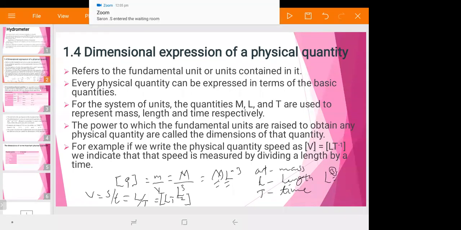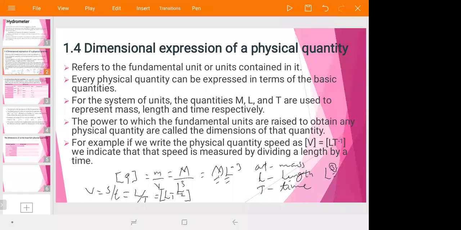Under dimension of expression of physical quantity, you must know. አሁን እንዴት ነው? አይሰማም? አሁን አይሰማም? ይሰማል። ጥሩ ነው። ይሰማል ሚስተር። እሺ እዛ ኮኔክሽን ነውና ችግር የለም።